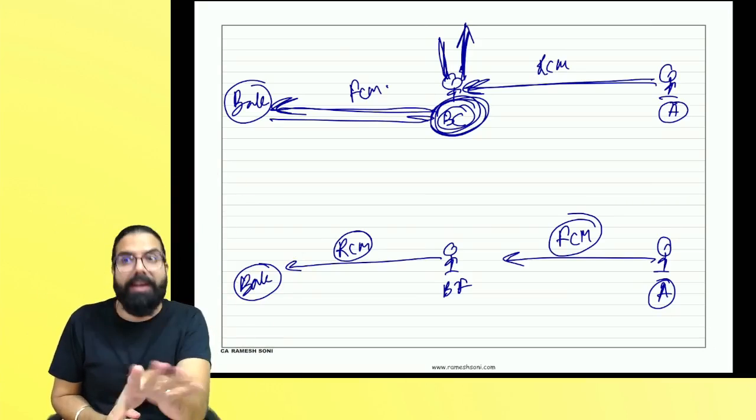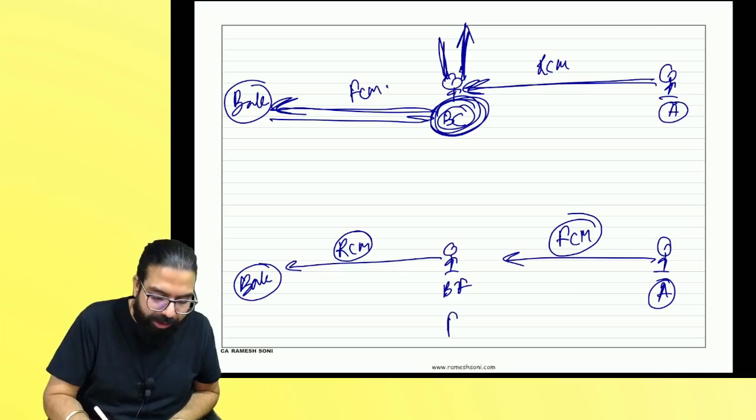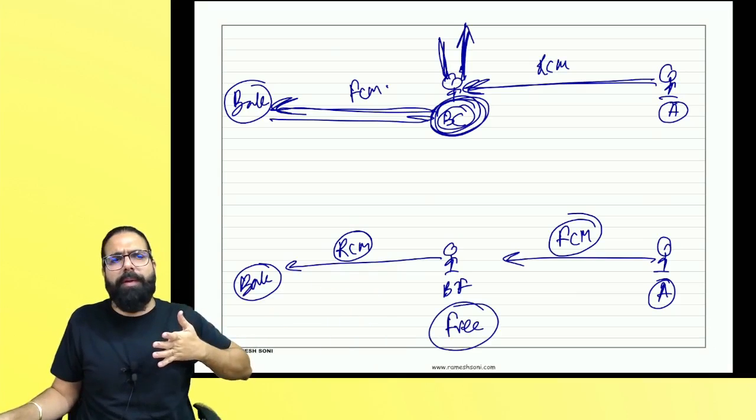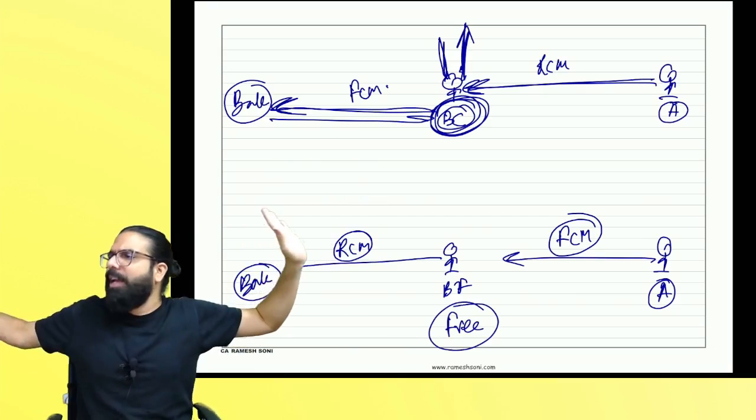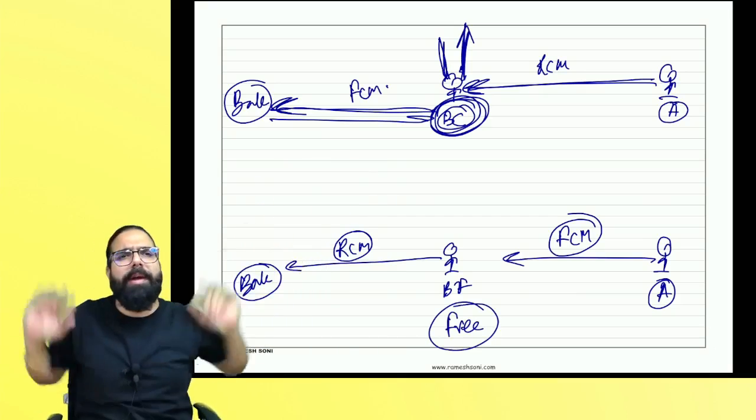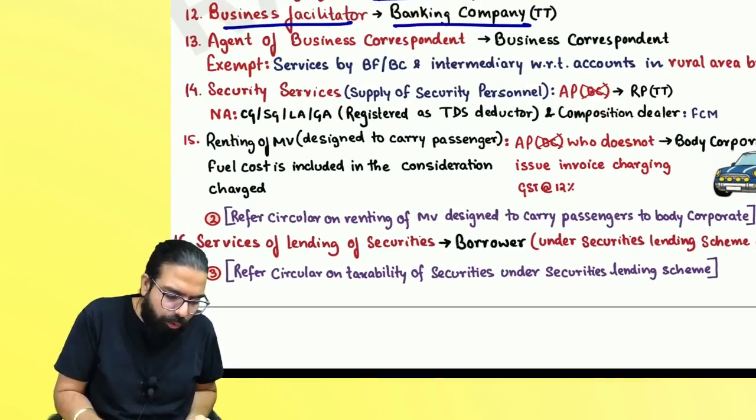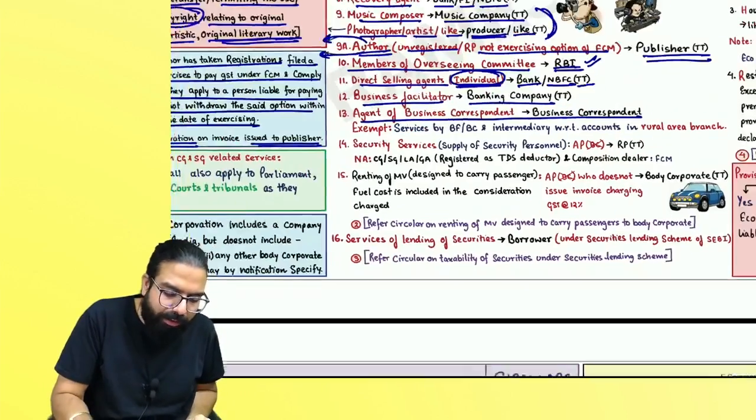But business facilitator is always free. No tension. Why no tension, everyone? Because when they take the services from the agent, the agent will collect and pay. When they give services to the bank, the bank will pay under RCM. Are we clear, everyone? Chalo. The next one over here, agent of a business correspondent. Sir, but what if,